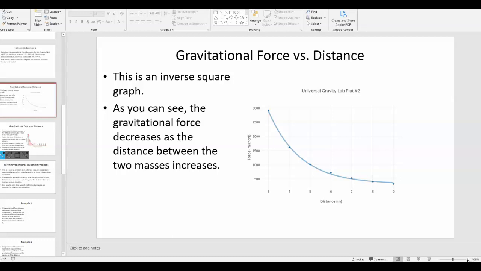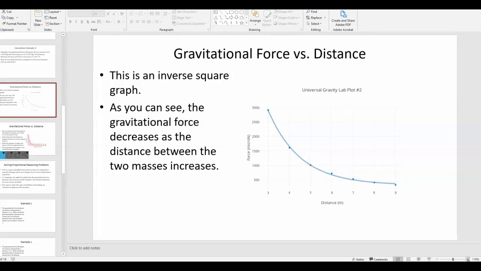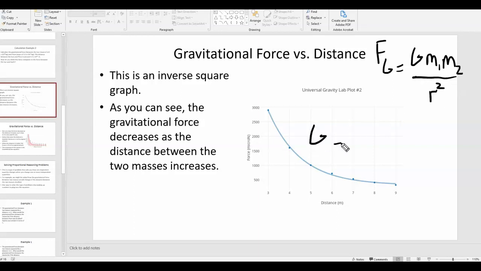Okay, so in this video we're going to finish up talking about the gravitational force. In the last video we talked about the concept of the gravitational force, and we also talked about Newton's law of gravitation. And just to remind you, Newton's law of gravitation is an equation that looks like this. We have G times mass 1 times mass 2 divided by r squared,